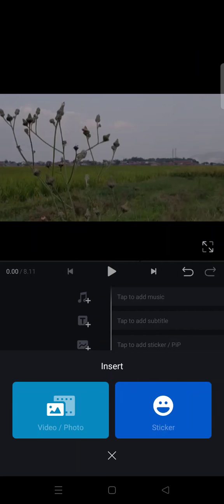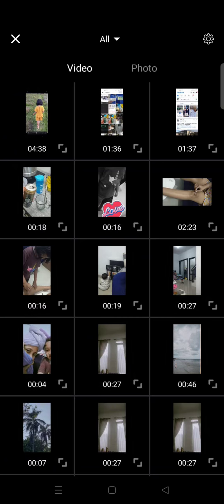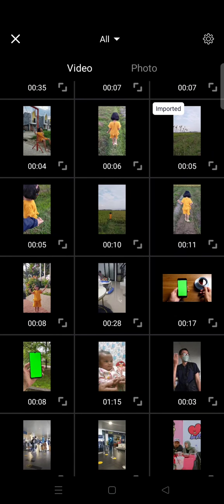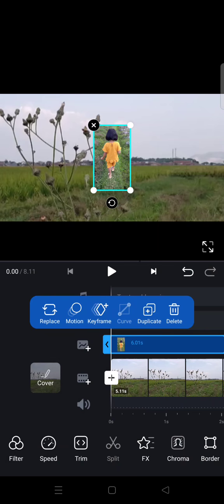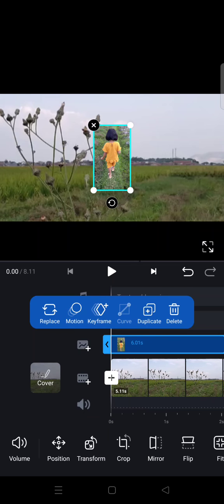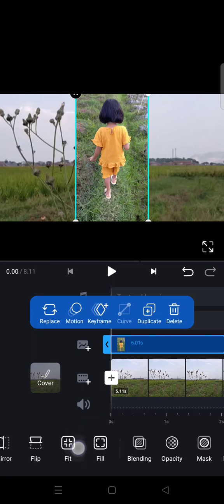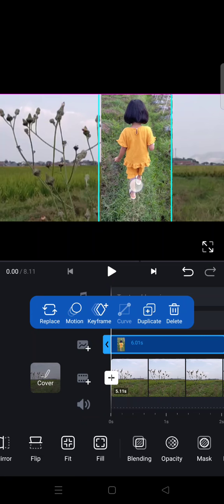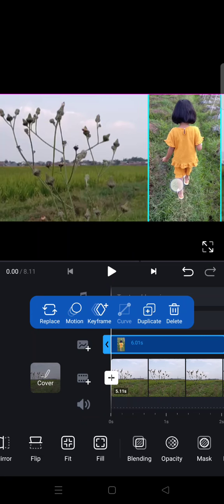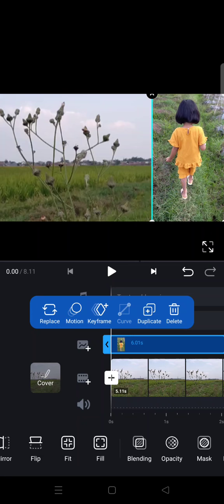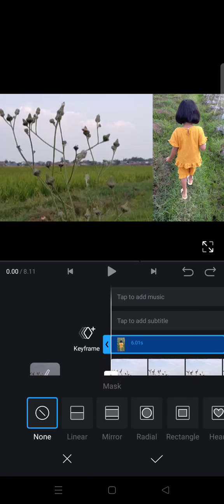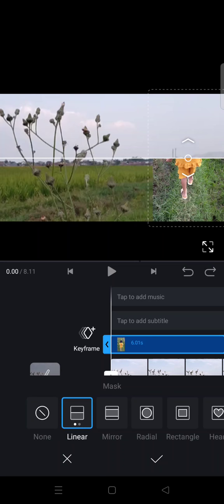So just click on tab to add sticker and choose video or photo and choose the second video that you want. For example, this one right here. And then next, go to menu and then click on fit, and after that drag the video to the left or right. I'm going to choose right, and then click on mask and choose linear, and then here just